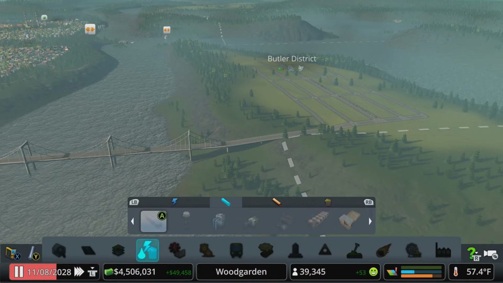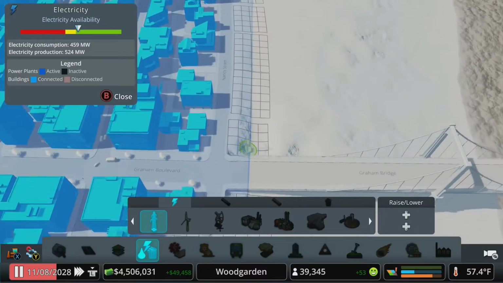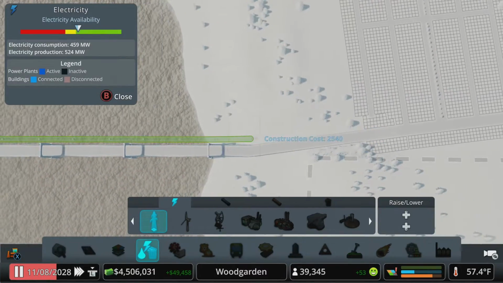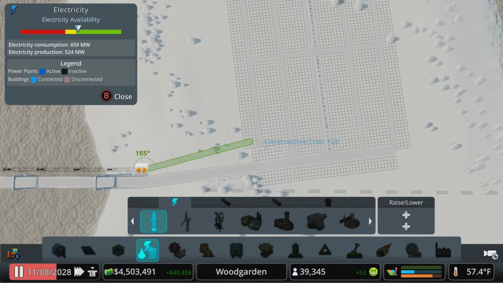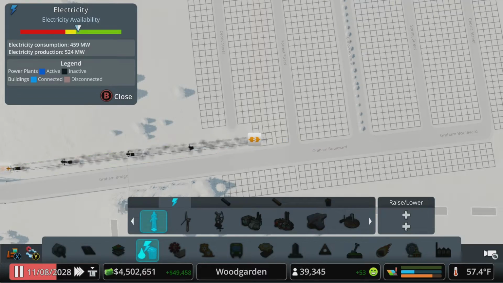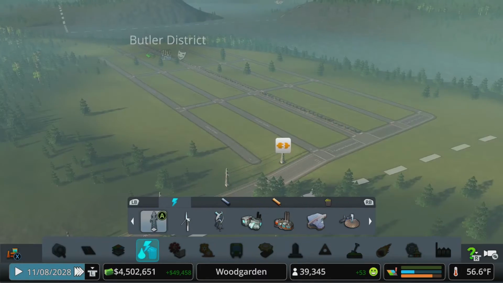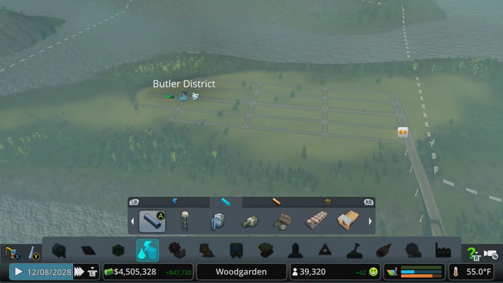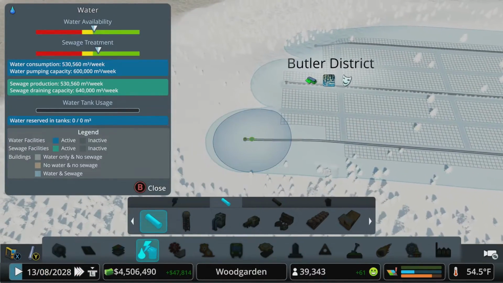We got to get power over here next. So let's run that right along the bridge. Like that. And we're not zoning there, so we'll bring it to right there, and then we'll figure out where we need to bring power to next. Let's let it play at 3 times speed. We've got power. You know what? We've got water pipes, but we haven't connected it into anything, so...